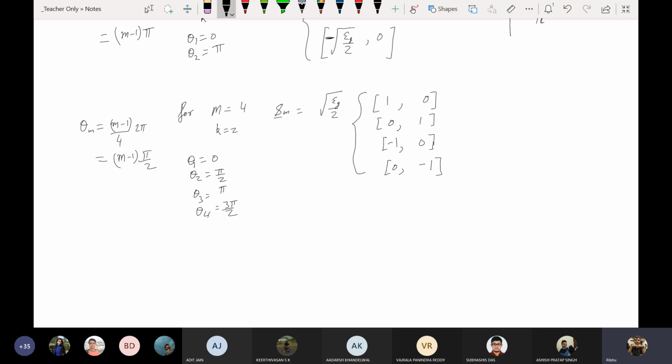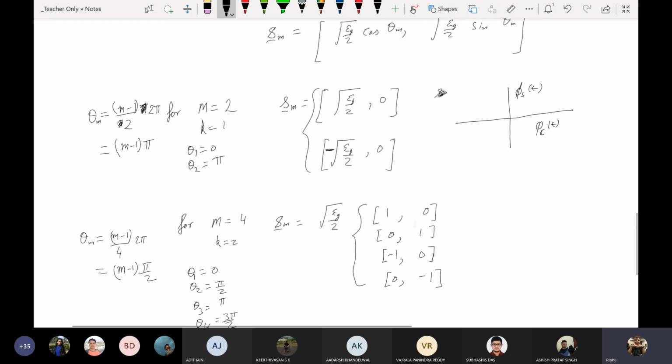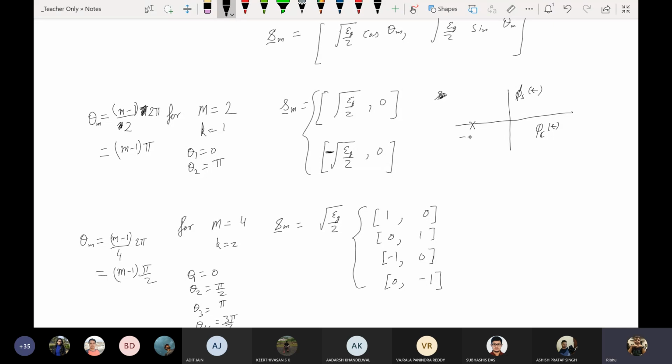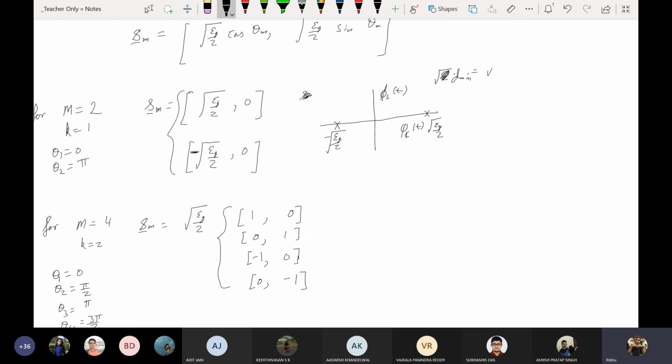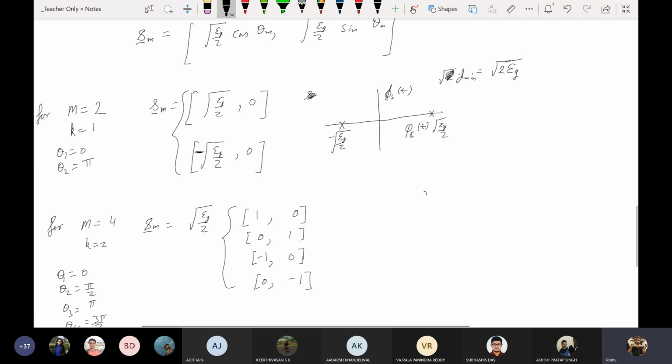So theta 1, theta 2, theta 3, theta 4, and SM takes these values. So for 2, minus, and D min, or minimum distance, or minimum distance between 2 points equals. Yes. So here in this case,